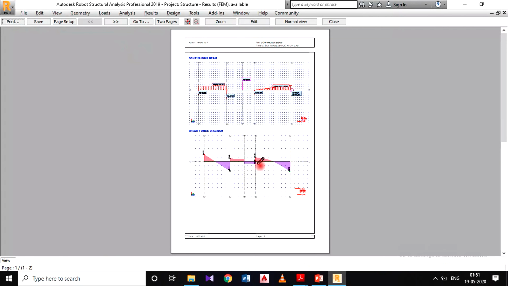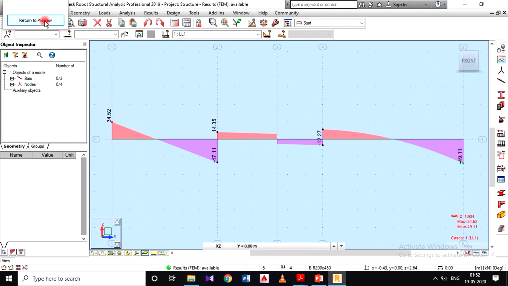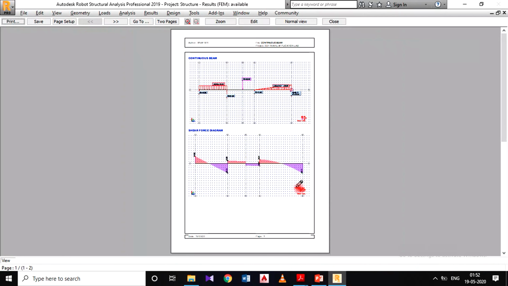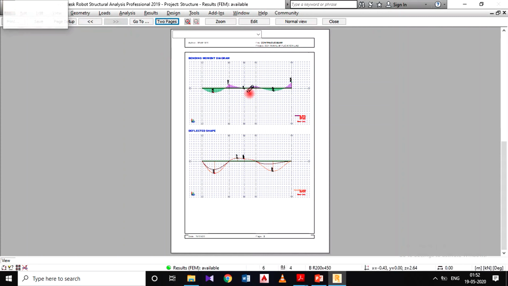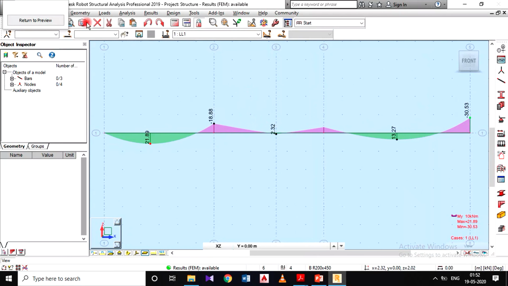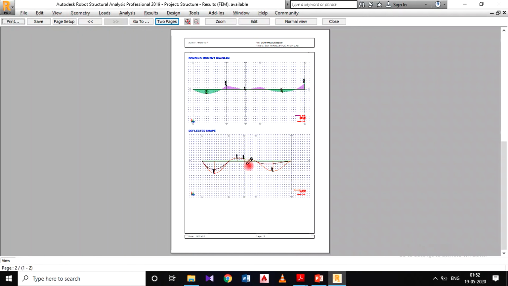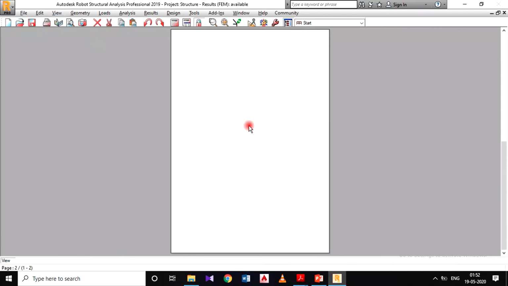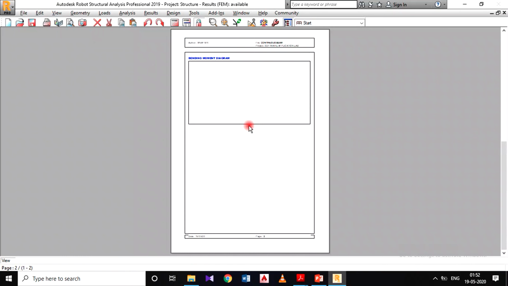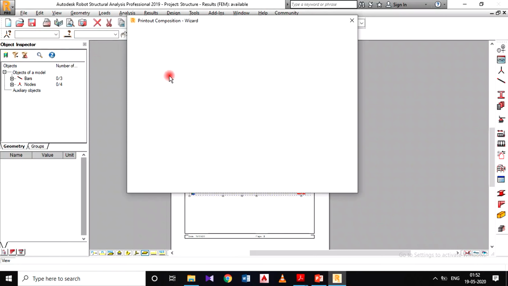Here also same thing, click on this image, zoom it to some extent, then go for return to preview, so it will be zoomed actually. In the next page, go for the next page. Here also we are having some figures. Click on this one, zoom it properly and return to this page. Here also same, click here, zoom it properly, return to the page. Yeah. After this, go for the print.